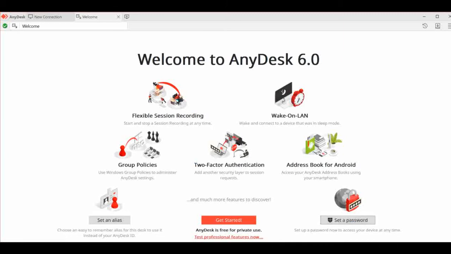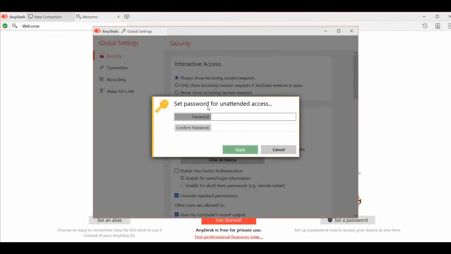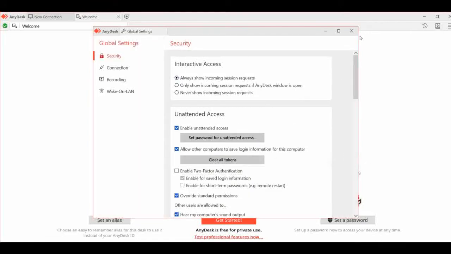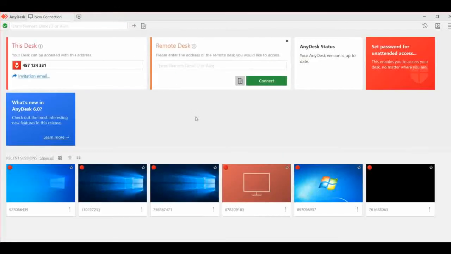In case we set a password, it will ask you yes. So we will set the password. We'll click on set unattended; the option itself says set password for unattended access. Unattended access means no one has to accept, you can access through the password. We'll give the password test@123. It says insufficient strength, then the password is sufficient strength. Okay, we'll click on apply. So guys, that's all up to here, and yes, it is installed.